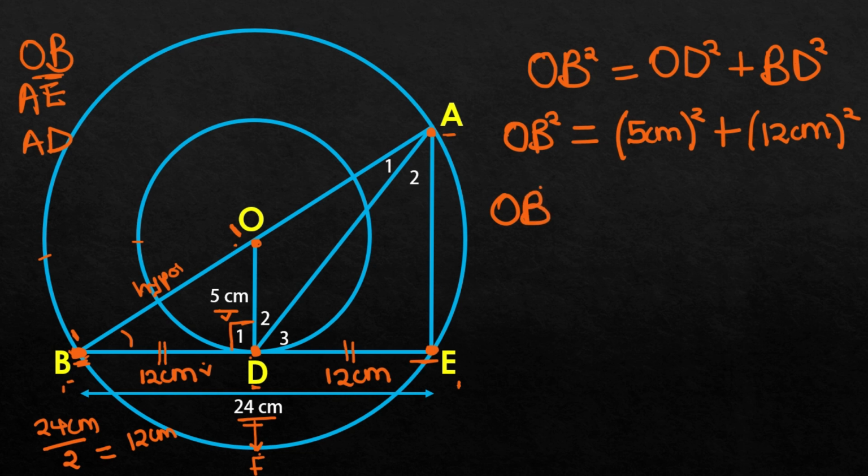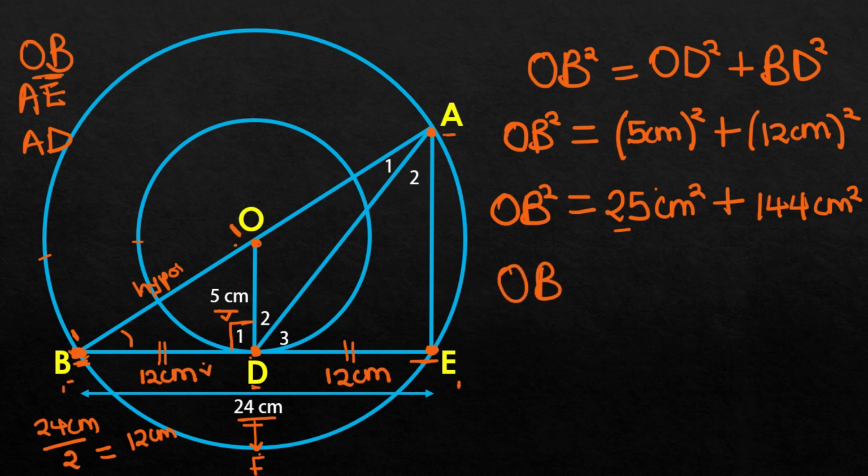So OB squared will be equal to 5 to the power of 2, which is 25 centimeters squared, plus 12 squared, which is 144 centimeters squared. So the next step will be to say OB squared will be equal to 25 centimeters squared plus 144 centimeters squared, which is going to give you